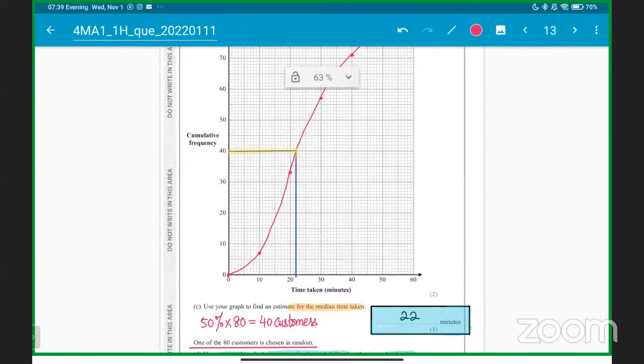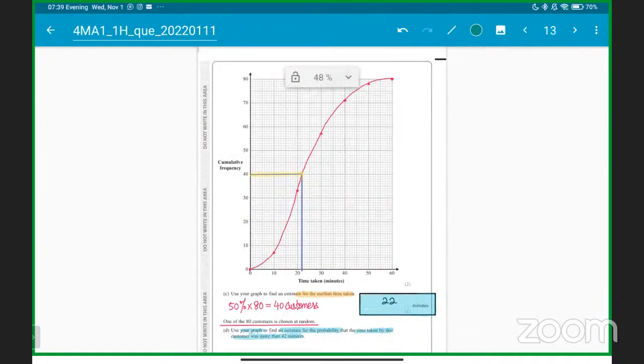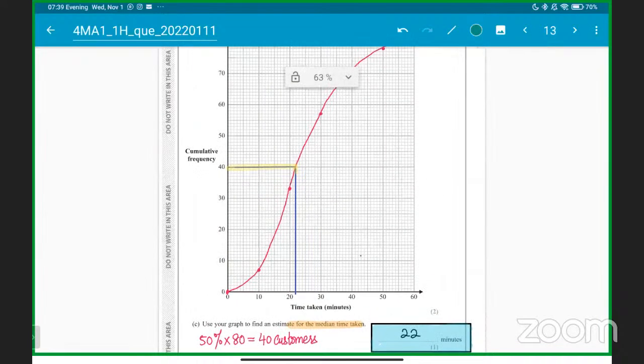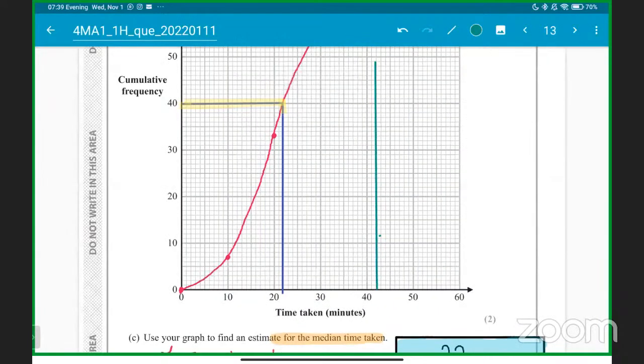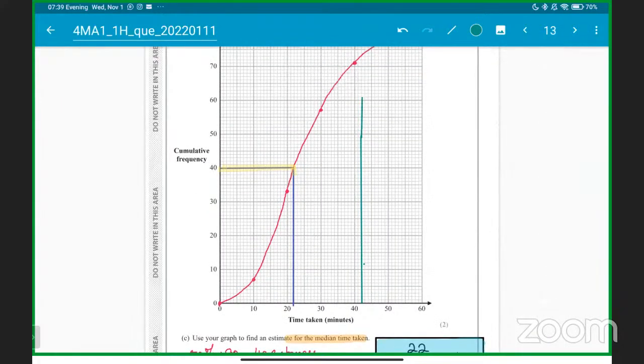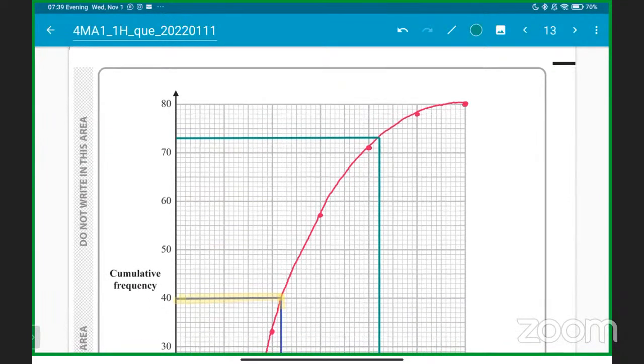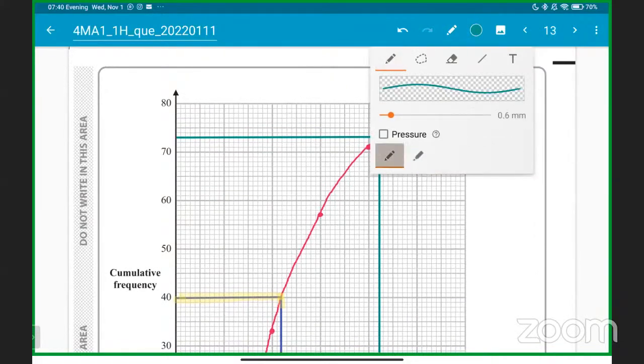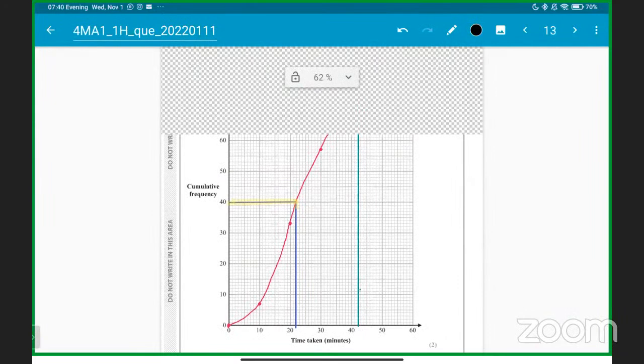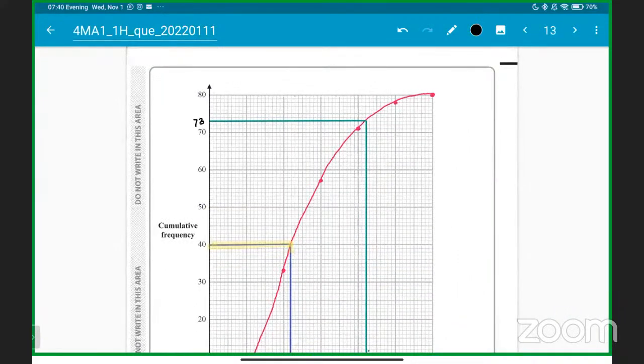Okay, so the time taken by that customer was more than 42 minutes. So you have to go to 42 minutes first, students. By the graph, you have to do this. So, sir, here we go. 42 minutes is here. Let's just zoom in. And here we go. 42 minutes is here. So 42 minutes comes here. 42 lies there, and they are saying more than that. Okay, so around there is the 73 mark. Okay, so what does this graph show? This value means that there are 73 customers,